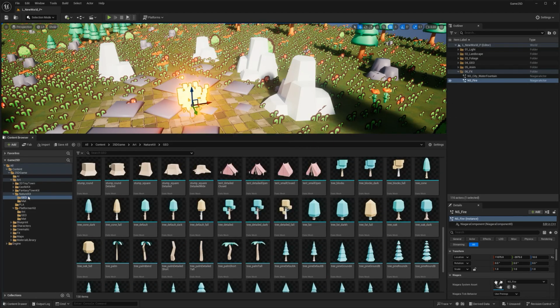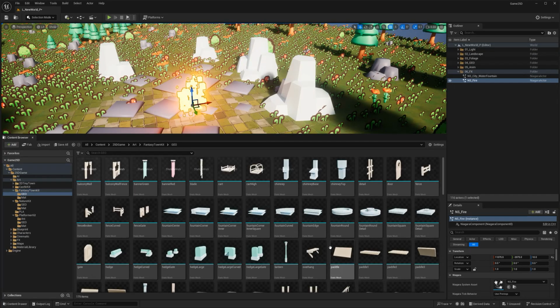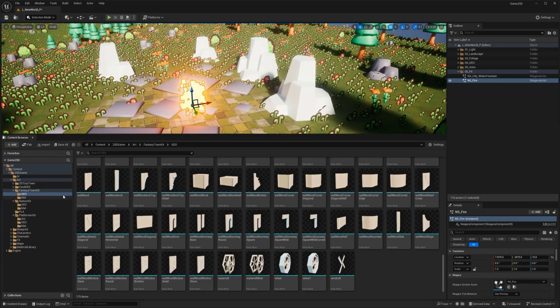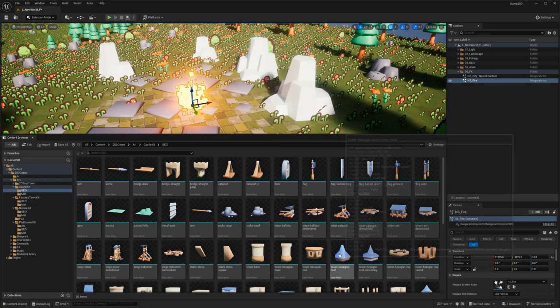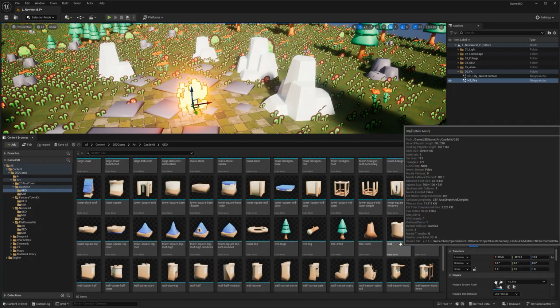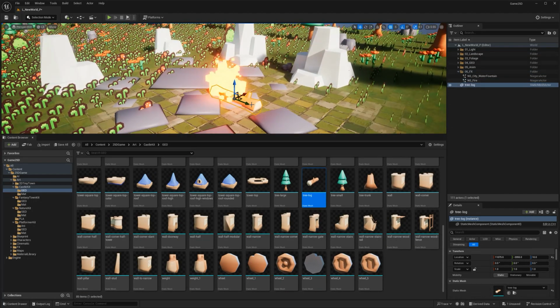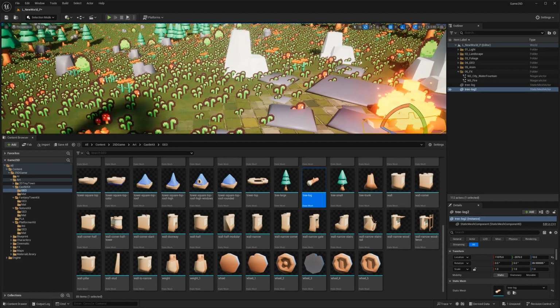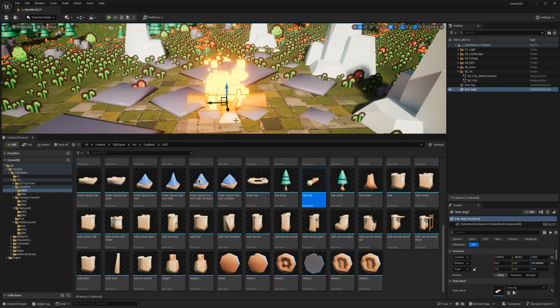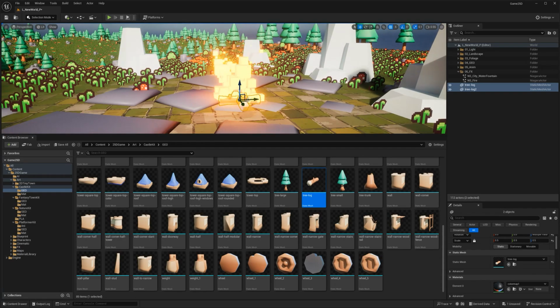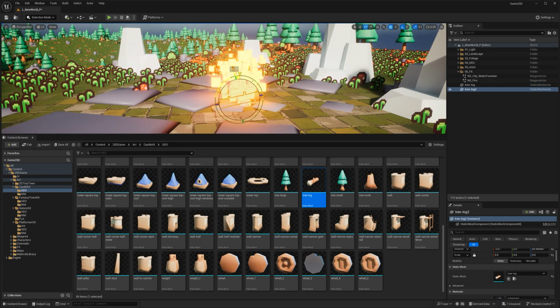We can use this, but I saw a better one. Trying to find it. Castle maybe? Oh, right, there you go. That's the tree log right there. So we can just do that classic tree log arrangement, if you know what I'm talking about. They will probably be too big, so just select them both. And let's do uniform scaling 2.5. And what usually people do is something like this, I think.